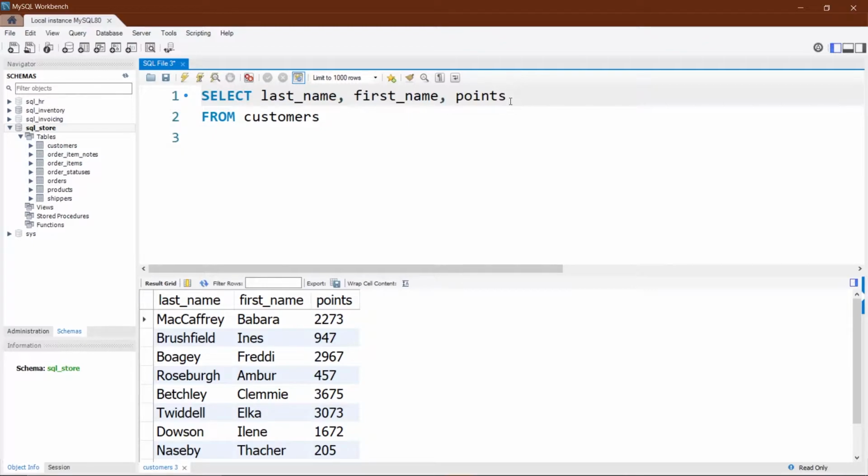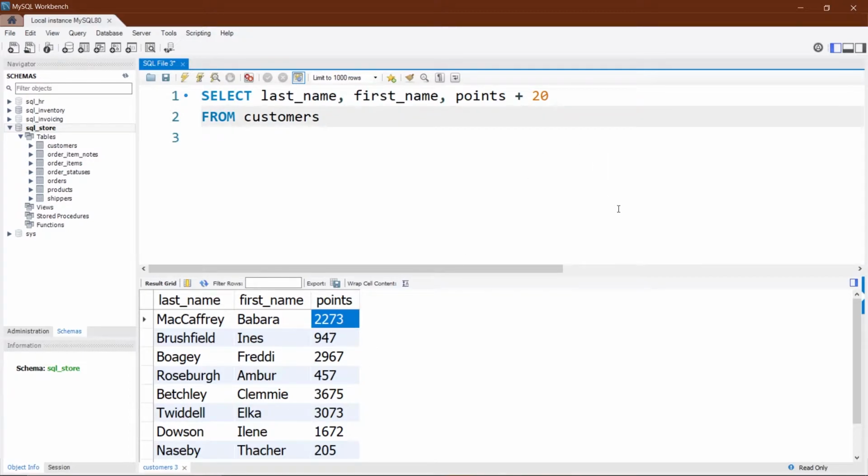Now I'm going to show you something else. Let's say I want to update these points. I will change these points using some arithmetic formula. Let's say you want to see the updated values here, so we are going to add some 20 points onto this. I'm just going to write here points plus 20. Now 2237 will change into 2293.